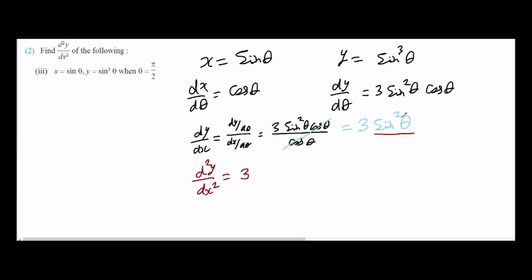Then you are going to take the derivative of sin theta whole to the power of 2. It means f of x to the power of 2. So that is nothing but 2 f of x to the power of 2 minus 1. Then again you will take the derivative of this f of x, which is sin theta. So the derivative of sin theta is cos theta. You are differentiating this with respect to x.